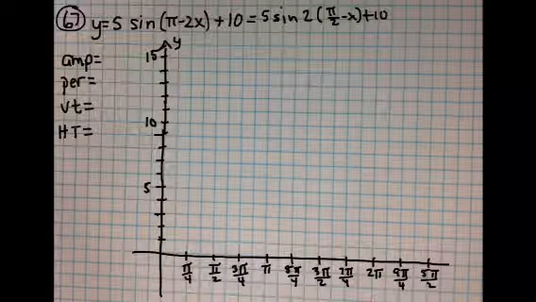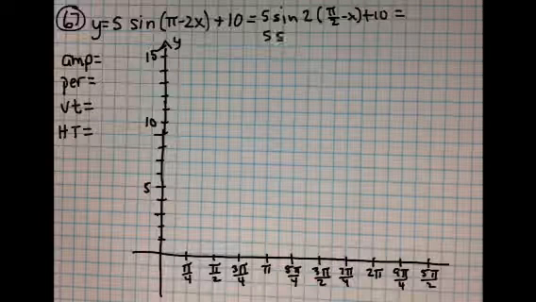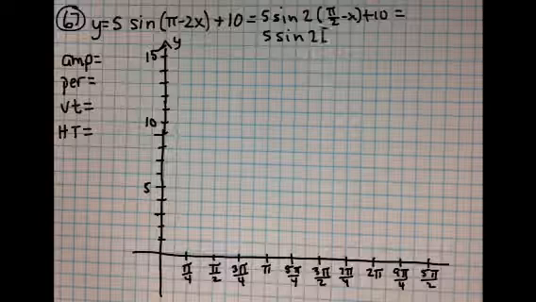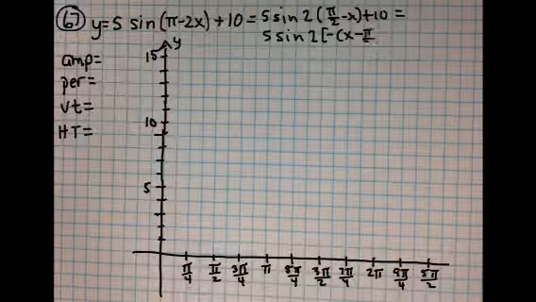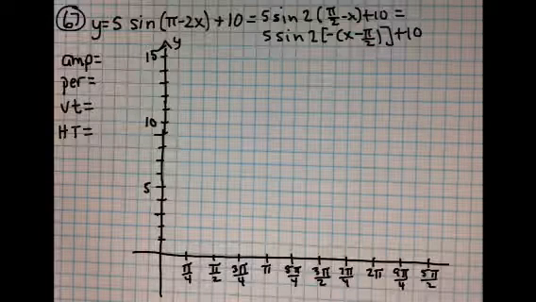Okay, I'm going to factor out the negative from the x. I'm going to factor it out, and it's going to look like this: 5 sine 2, and it's going to look like this: x minus pi over 2 plus 10. Now, if you remember the even and odd identities,